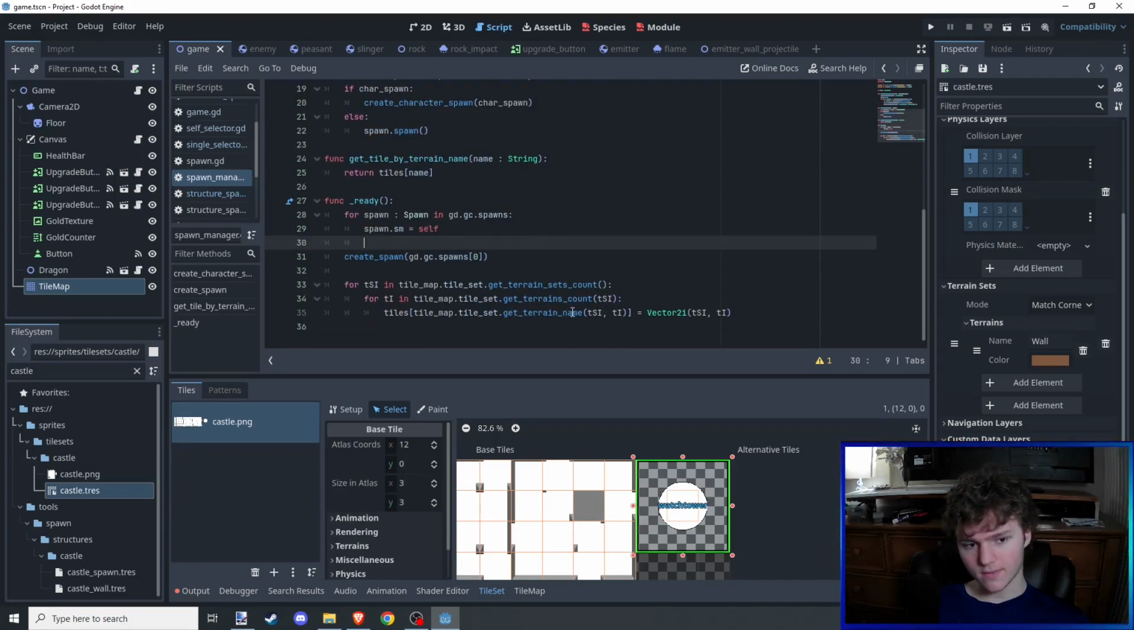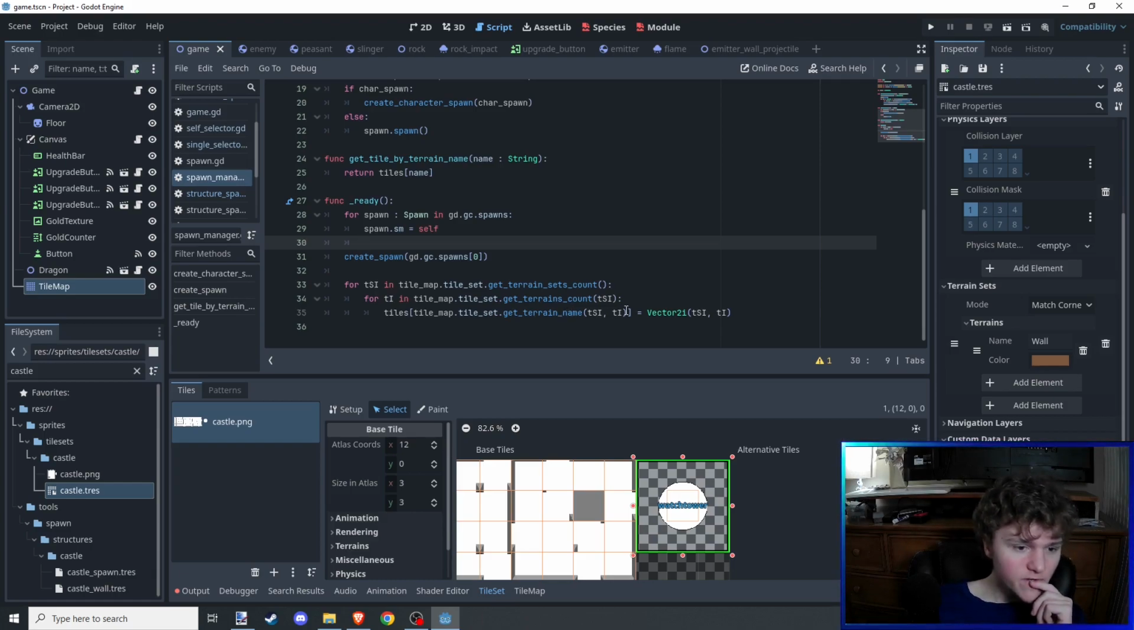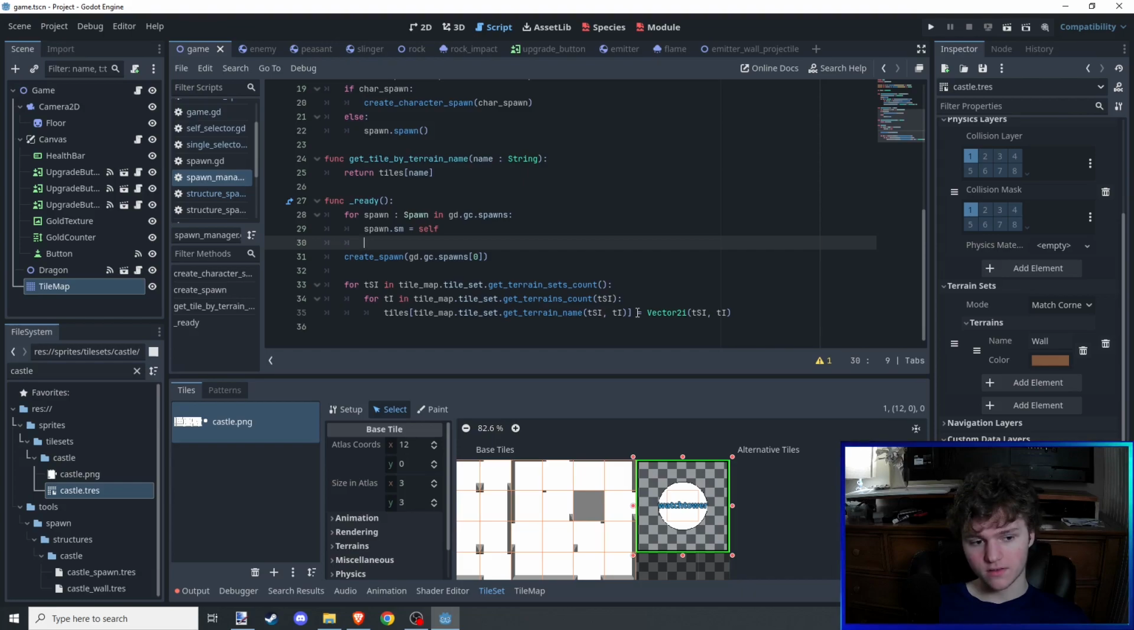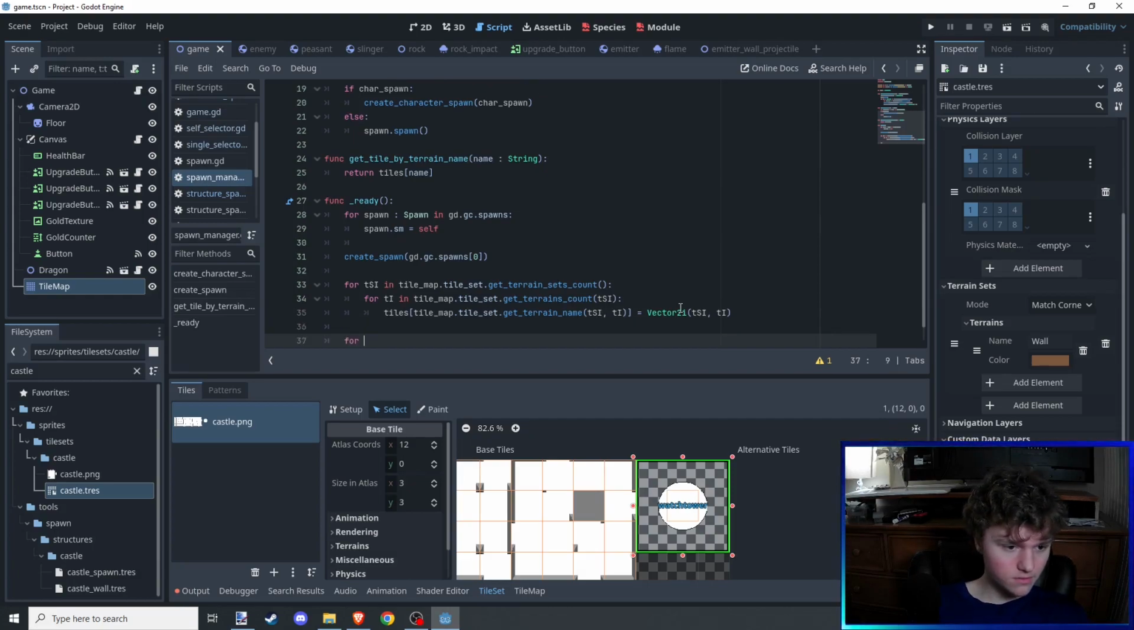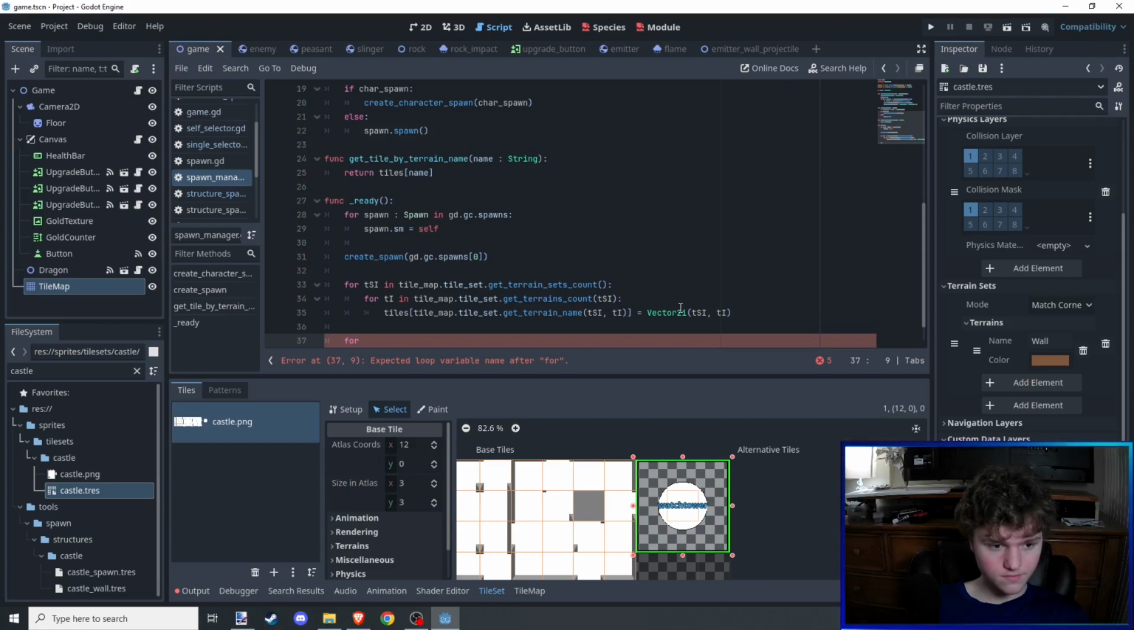Okay, so this is... what? What am I representing here? Oh, we're just storing the terrain set index and the terrain index in the same vector. Okay, well we can reuse that and store the position in the atlas instead. So how about for... Oh, we have to iterate through every single atlas. Okay, well,